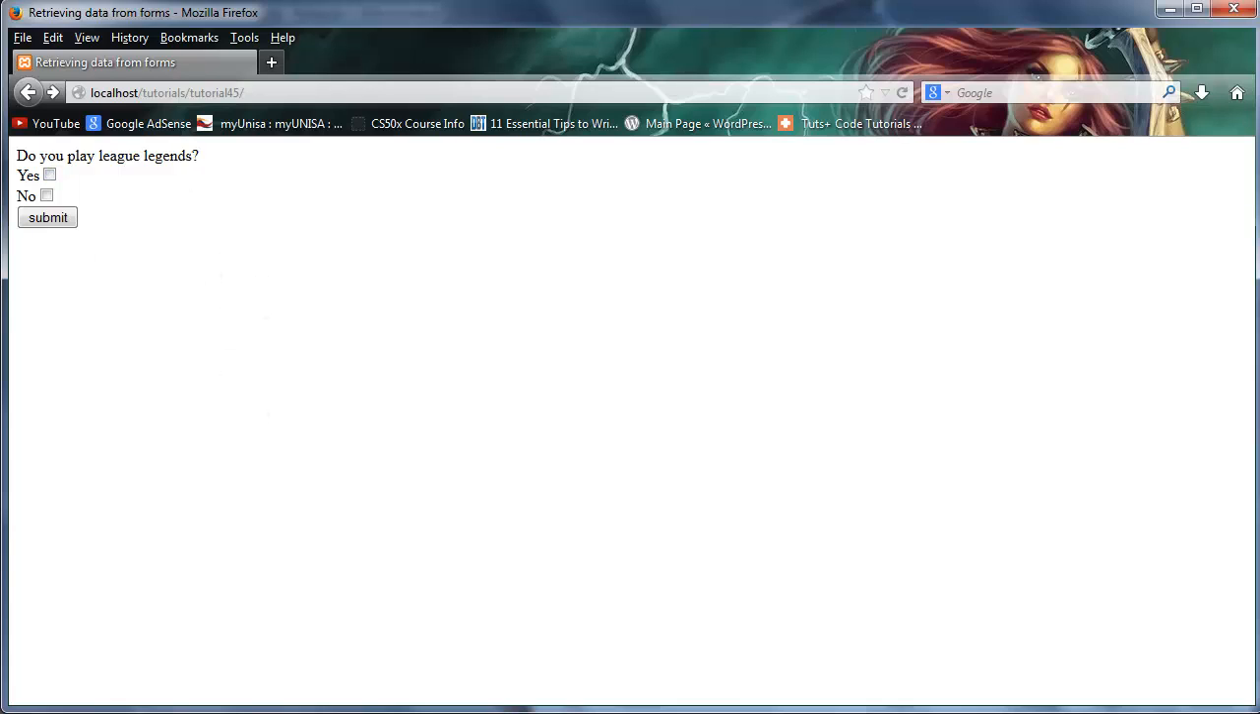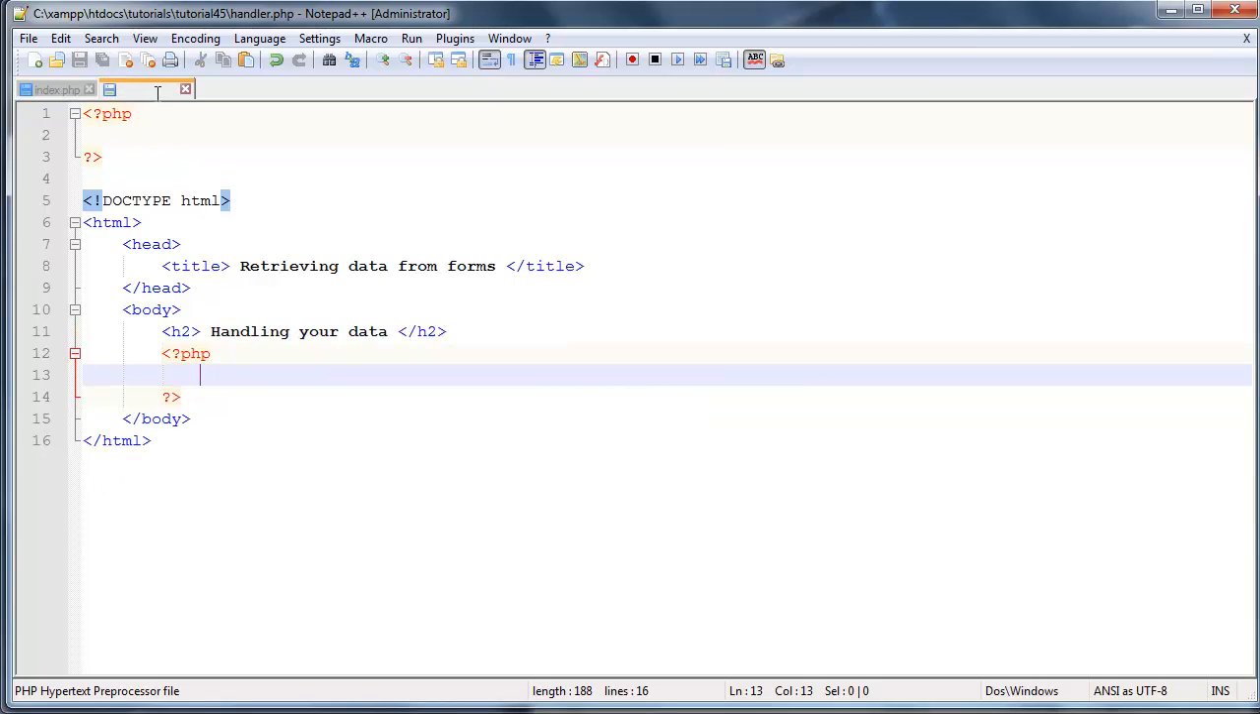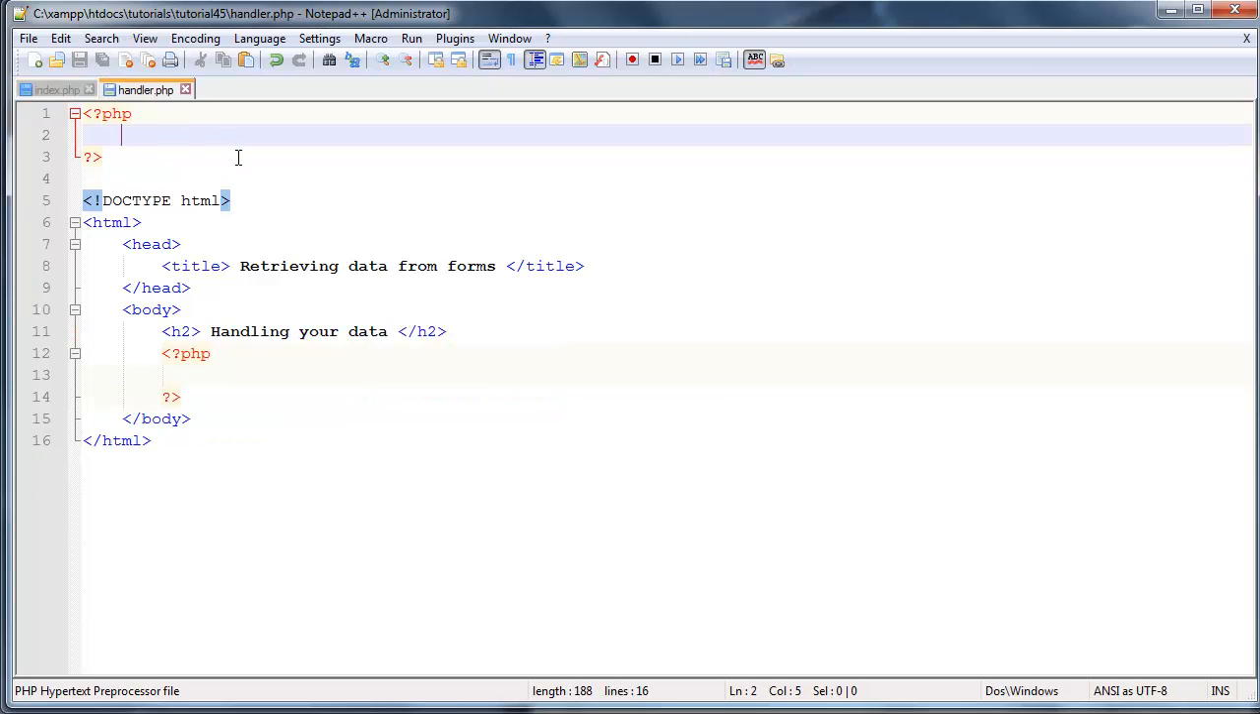Okay, now let's go ahead and use some PHP to actually handle all of this data that we're going to send through. So in handler.php, you might be thinking after my previous tutorials that, hey, okay, if we're going to grab these values, then let's go ahead and just create a variable over here. So we'll create a variable for yes, and we'll set that equal to $_POST